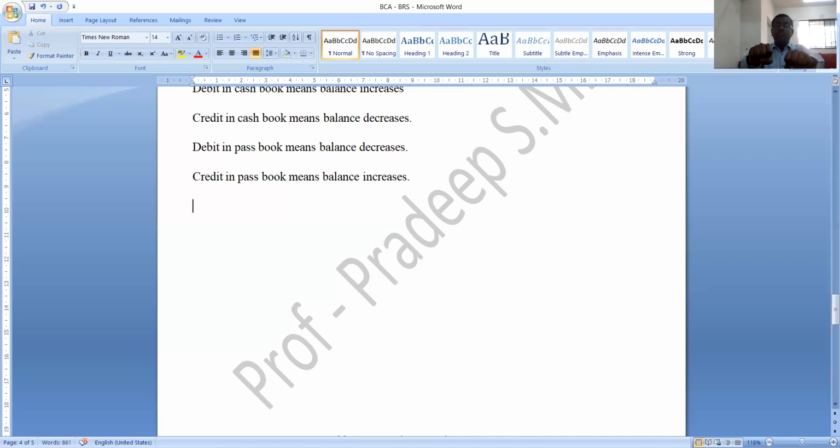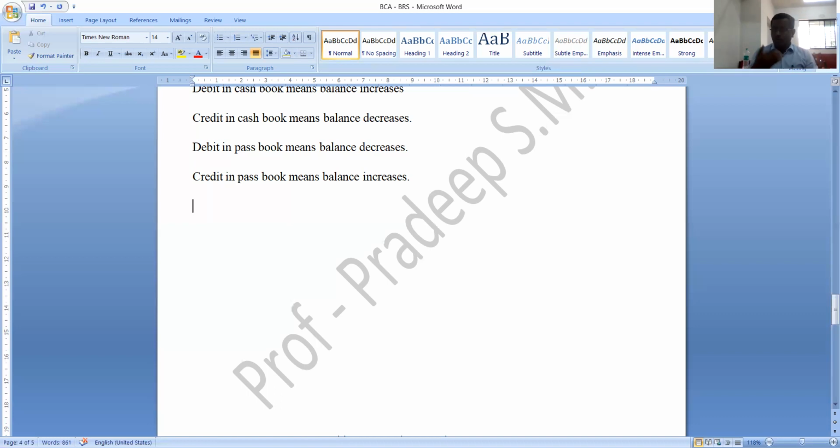Okay. Interest is credited in the passbook. Credited in the passbook means the passbook balance increases. Understood? So in order to find out this passbook balance, we should increase even the cash book balance. Understood? So this is the simple logic that you people need to follow in order to solve problems on bank